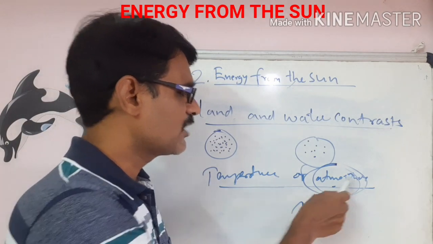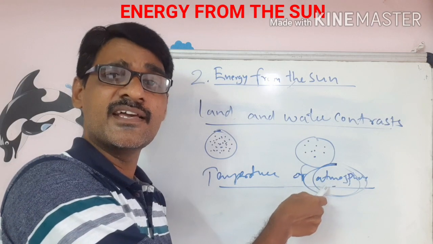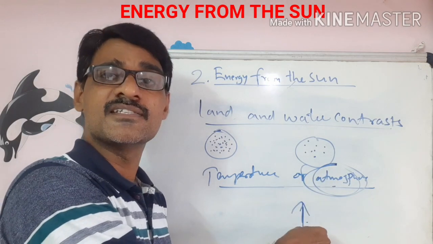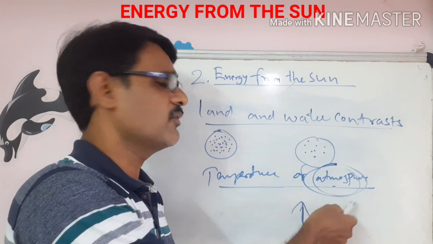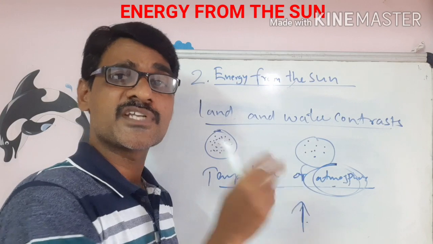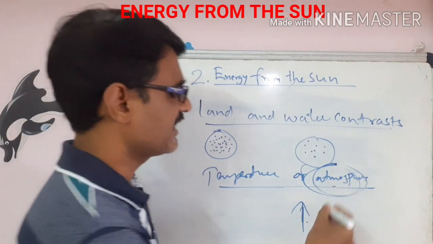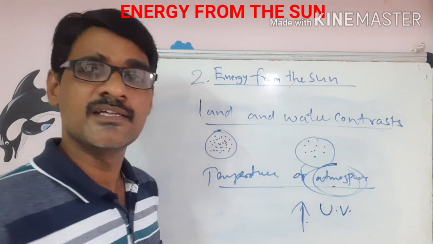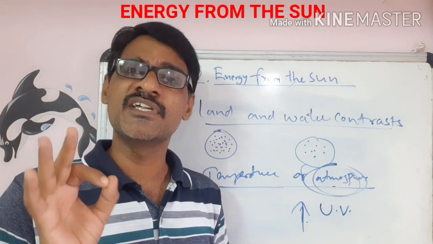Only the atmosphere allows the sun rays towards the earth's surface. Sometimes there is an ozone layer. This ozone layer obstructs the harmful rays, ultraviolet rays, UV rays. The ozone layer obstructs the harmful UV rays